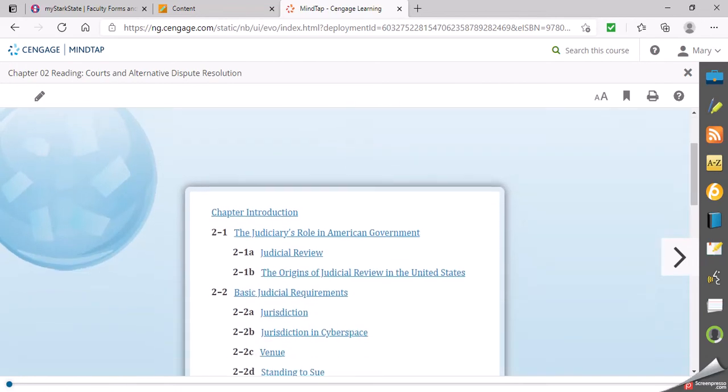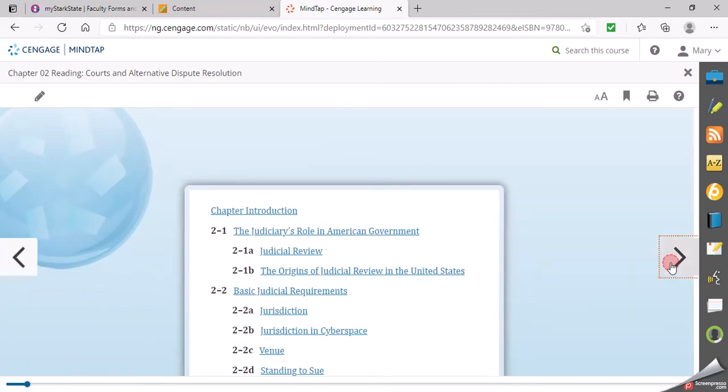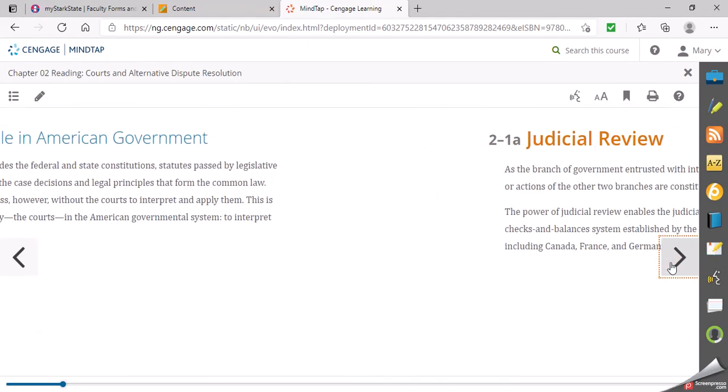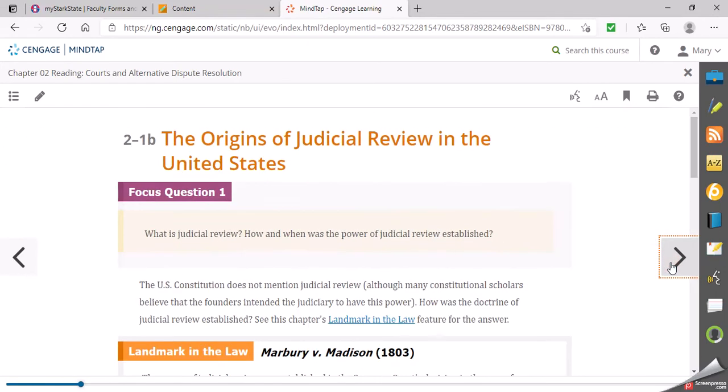And there you can see it takes you right into your book. So then you can just page through this. And again, this would be the exact same as having your hard copy book. And you can go through and read it